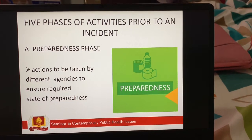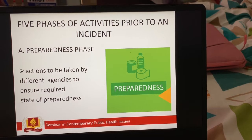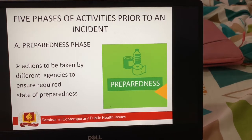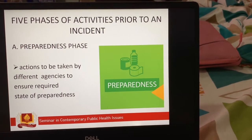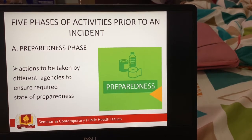First is the preparedness phase. Actions to be taken by different agencies to ensure the required state of preparedness. This includes evaluation of the laboratory facilities and upgrading the same, evaluating the hospital preparedness in emergency response and case management in case of an imminent attack,